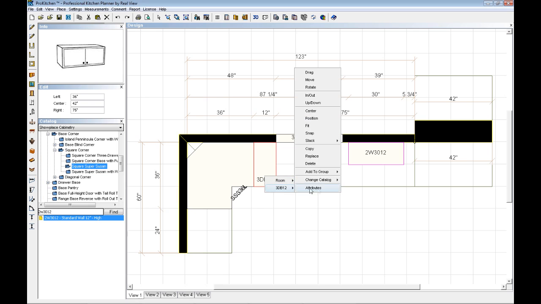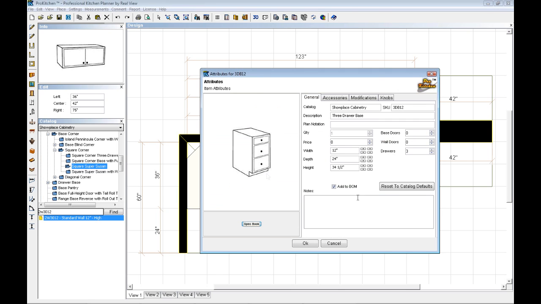Now the next thing I can do here is we can actually add this to this group if we wanted to, or I can change the catalog like I talked about before. It allows me to change it into a different catalog. But I can go into attributes. The attributes are where you make all your modifications and changes to a cabinet. You can either right click on the cabinet, go to attributes, or simply double click on the cabinet. What this